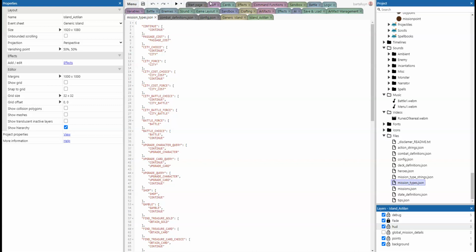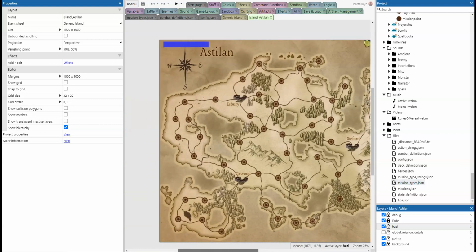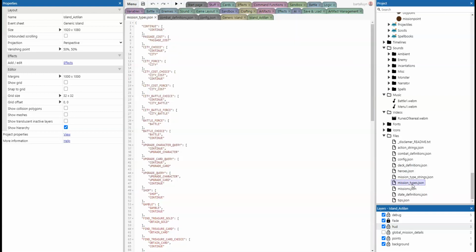And the idea is that as we go along on the map, let me show you the map here. We start from here at the bottom left, and as we go along the map, we're going to encounter missions, let's say. And a mission can be a battle, or going into a city, or upgrading a card, or quite a few options that are going to be in the game. And what options there are is defined actually in this mission type